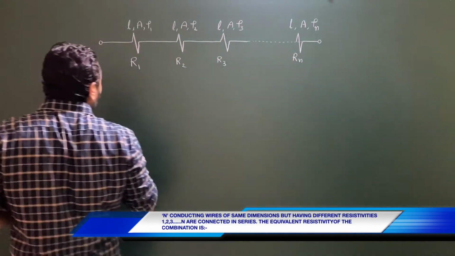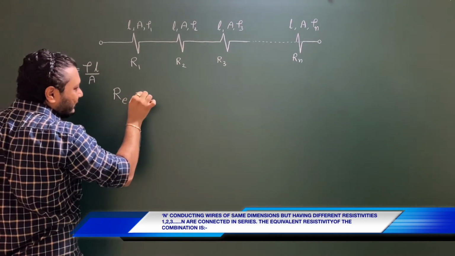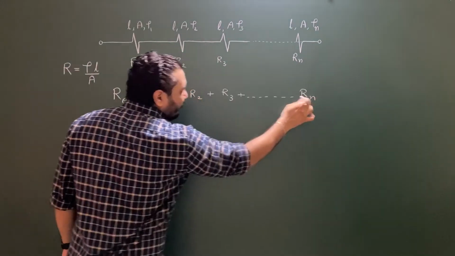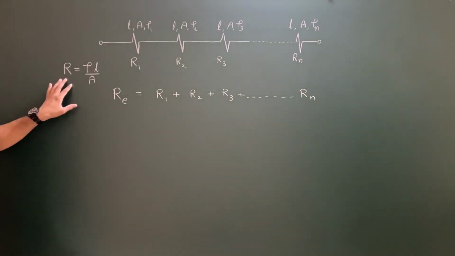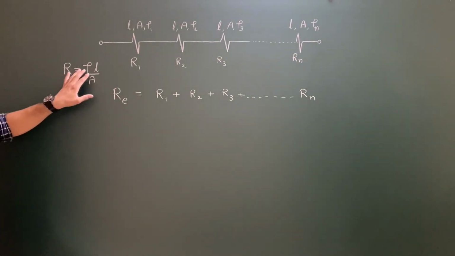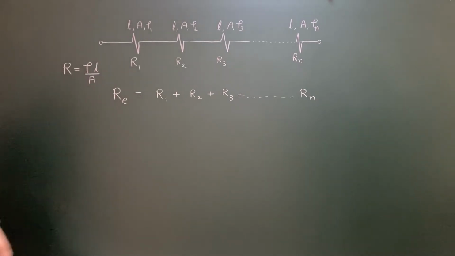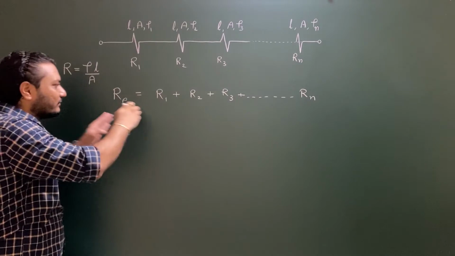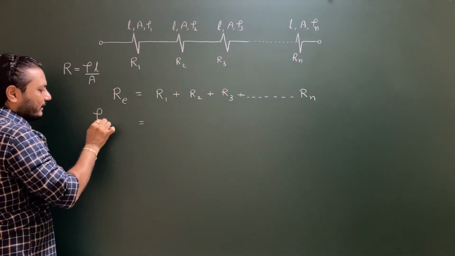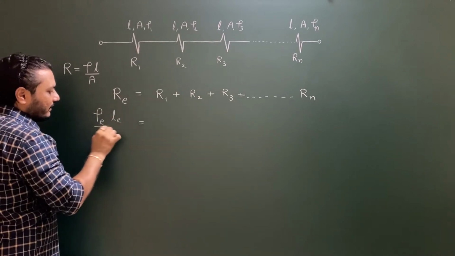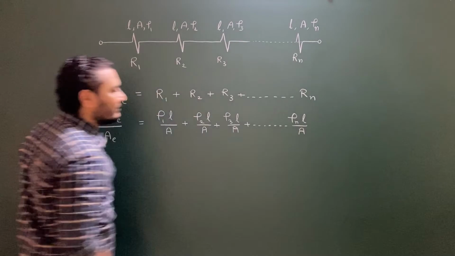We know if they are connected in series, then their equivalent resistance is given by this equation. And we have a piece of information that resistance of any conductor is equal to resistivity into length of that conductor divided by its cross sectional area. So if we plug in these values over here, we get R effective can be written as rho effective L effective divided by area effective is equal to this equation.